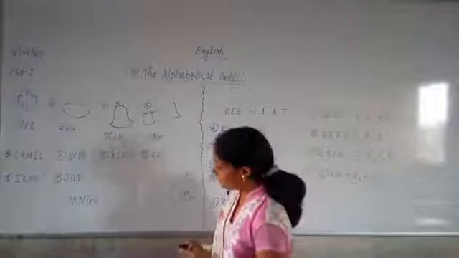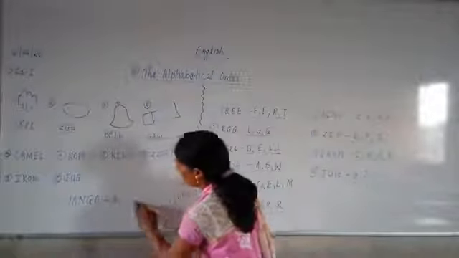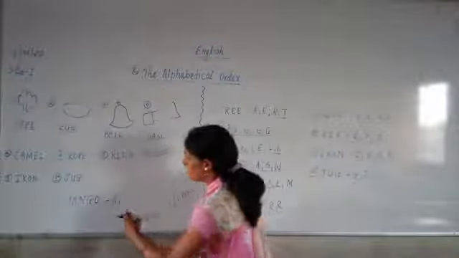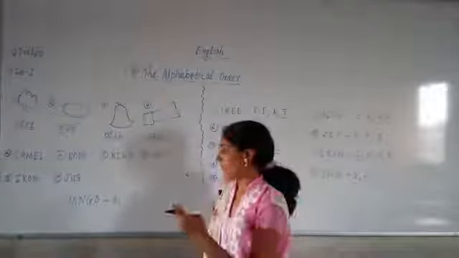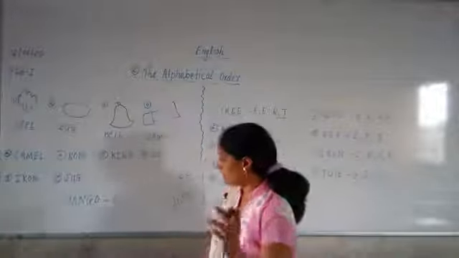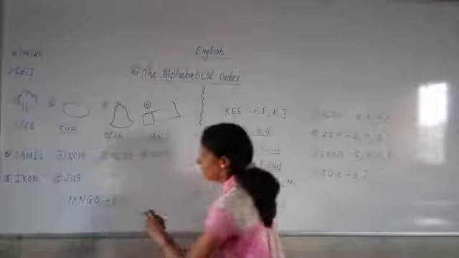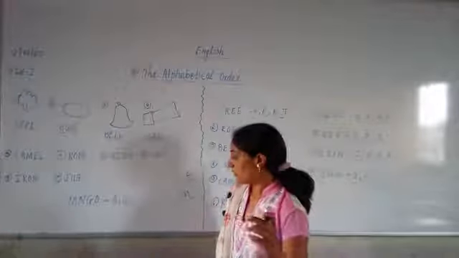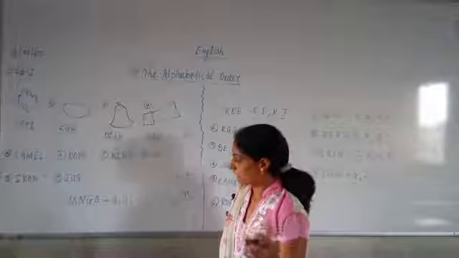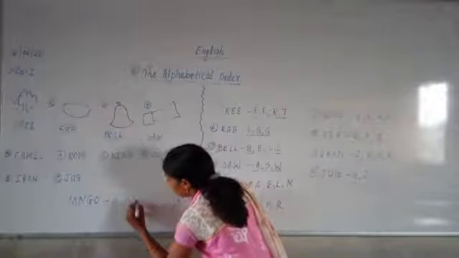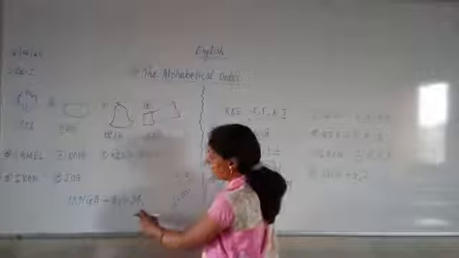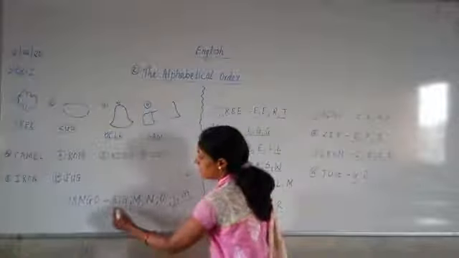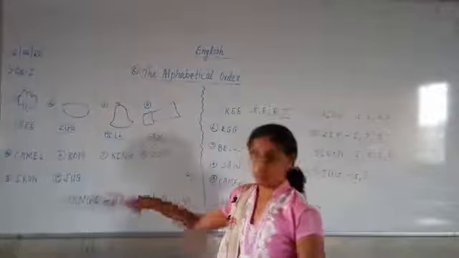So, first letter which will come is A. Correct? Because A is always first. After A, which letter will come? You can start then counting. You can say in your mind during exam A, B, C, D, E, F, G. So G is second letter which comes in alphabetical order. After G, which letters will come? I think M. Come on, let us count. After G, H, I, J, K, L, M. So M will be the letter which will come after G. After M, which letter will be there? Next one will be N, and the last letter will be O. And this is your answer in exam, and you will get full marks.